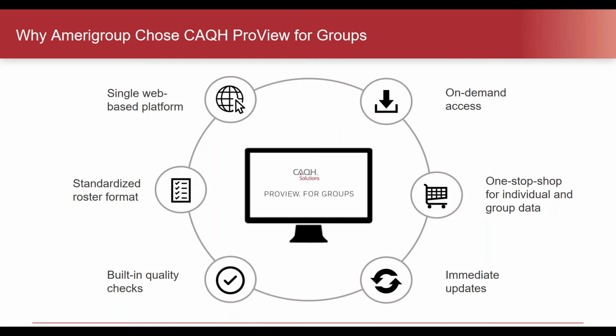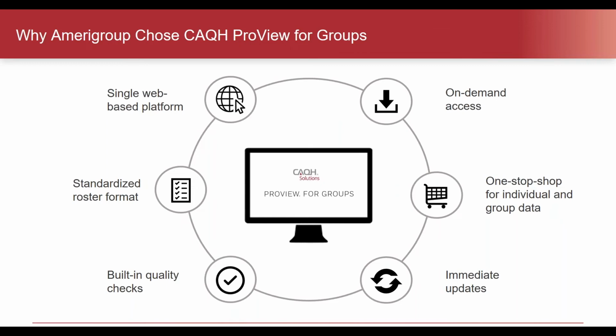The best part that I love is everything's in one format. You can have 5 delegates, and all 5 delegates have the same exact format. That NPI is going to be in column A for delegates A, B, and C. That is something that we've always wanted to get all of our providers and our rosters to. And it's very easy to determine what tab has what fields. That's the only thing you'll have to keep in mind, that you know which tab to go to. But it's the same format, like I said, from each delegated entity.